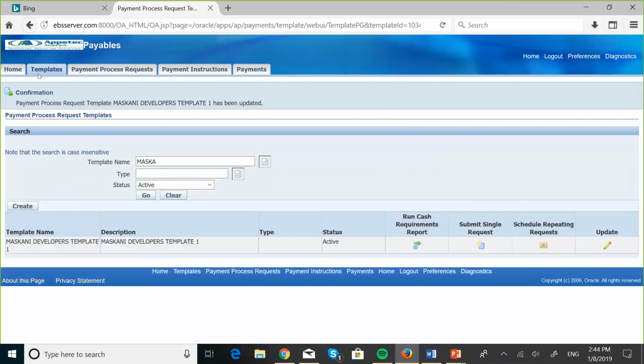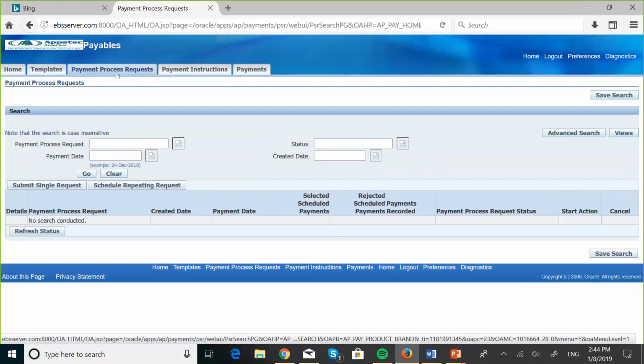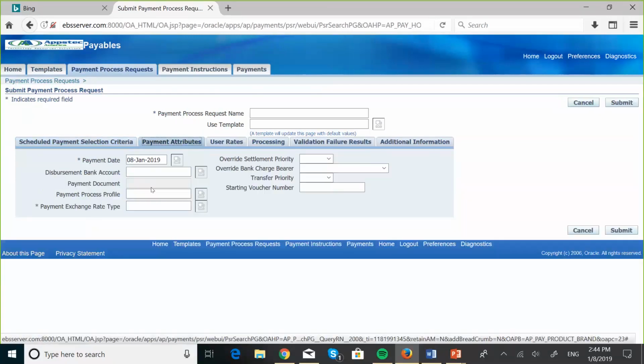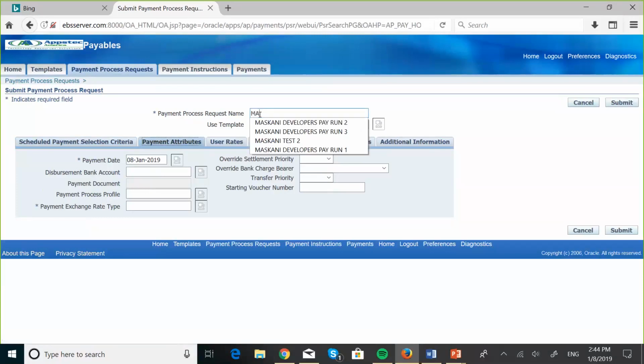So if we want to use this template to do a pay run, what we do, we go to payment process request, right? We want to submit a single request, for instance. So normally what we would do is we would come and enter the schedule payment selection criteria here, then go to payment attributes and enter that information. But now, if we want to do a pay run,